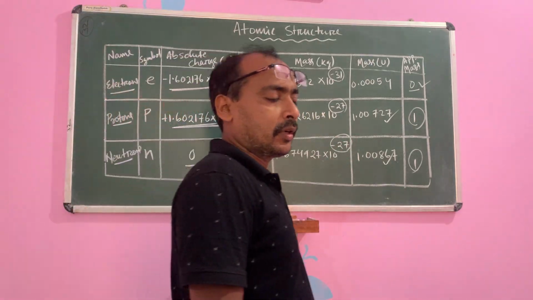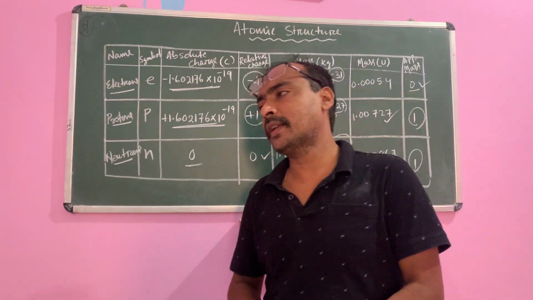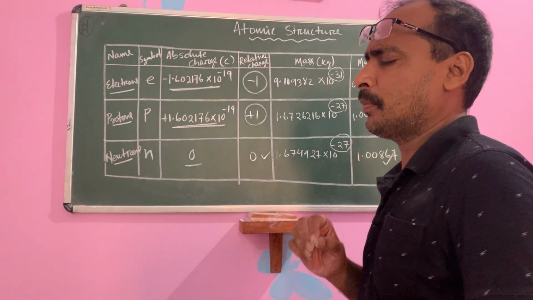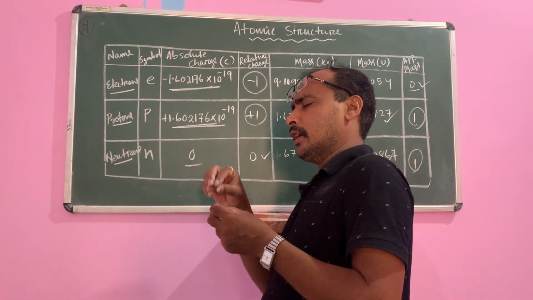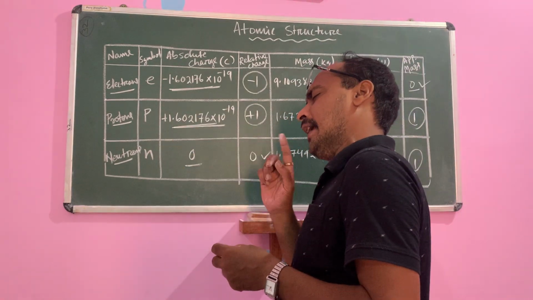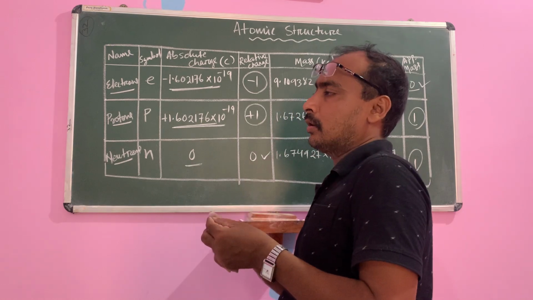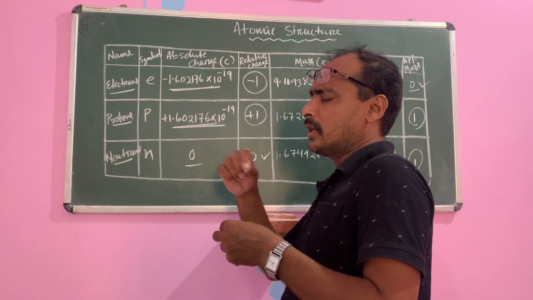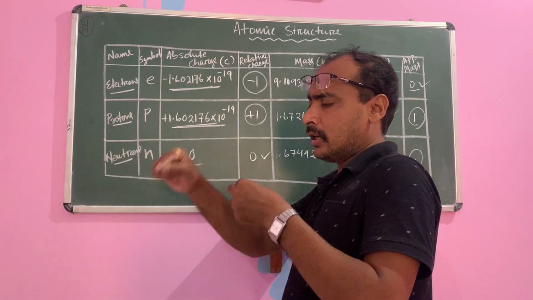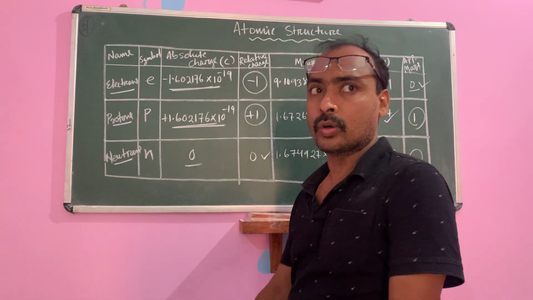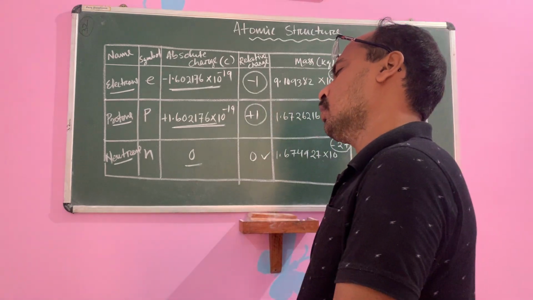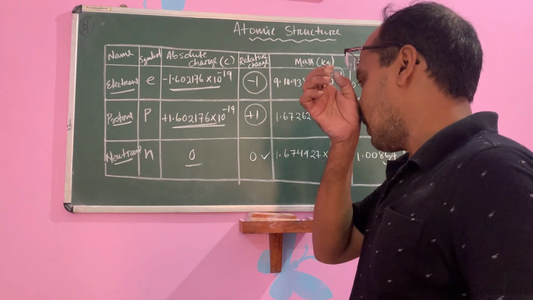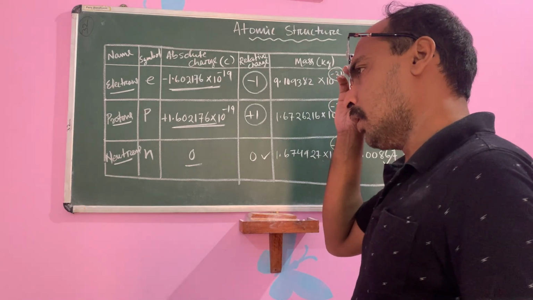Okay, but after that, there is also a limitation of the Rutherford atomic model. It could not explain the stability of the atom. You know, children, when negative electrons revolve around a positive charge at the center, they continuously lose energy, and at last they would collide with the nucleus. But we know the atom is quite stable. So Rutherford could not explain the stability of the atom. Okay. So after this, we'll go to Bohr's atomic model.